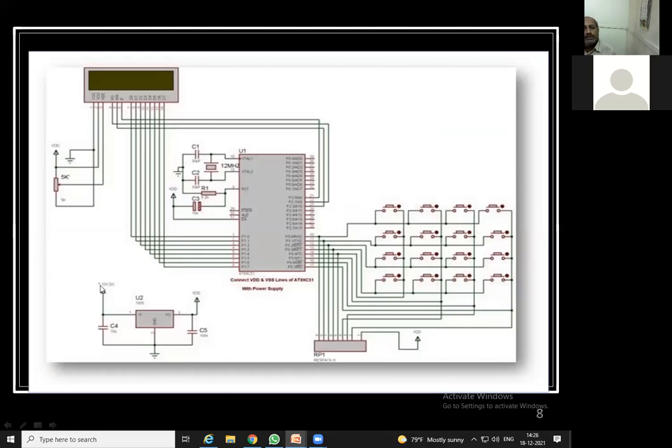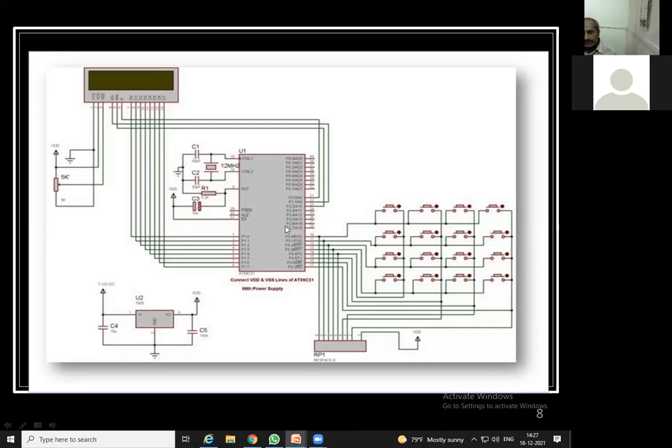Again, similar to that, this is the actual practical diagram. You can say that is the interfacing of an LCD. The LCD is connected, and the keypad is also connected here. In this, the LCD works as an output device and the keypad works as an input device, so that when we press 1 here, 1 should be displayed on this LCD. This is another application for which you can write code. This is the actual diagram from Proteus, showing how you can make the connections.